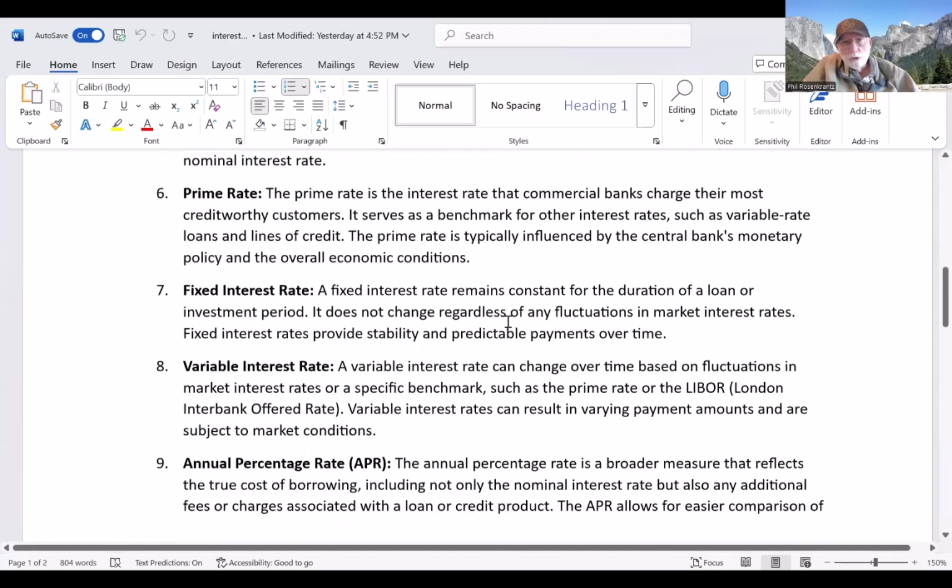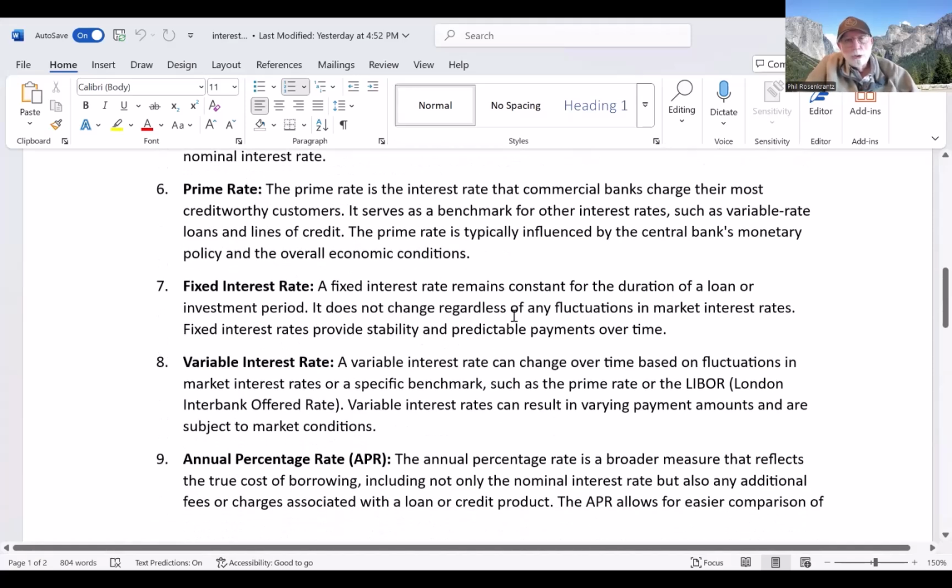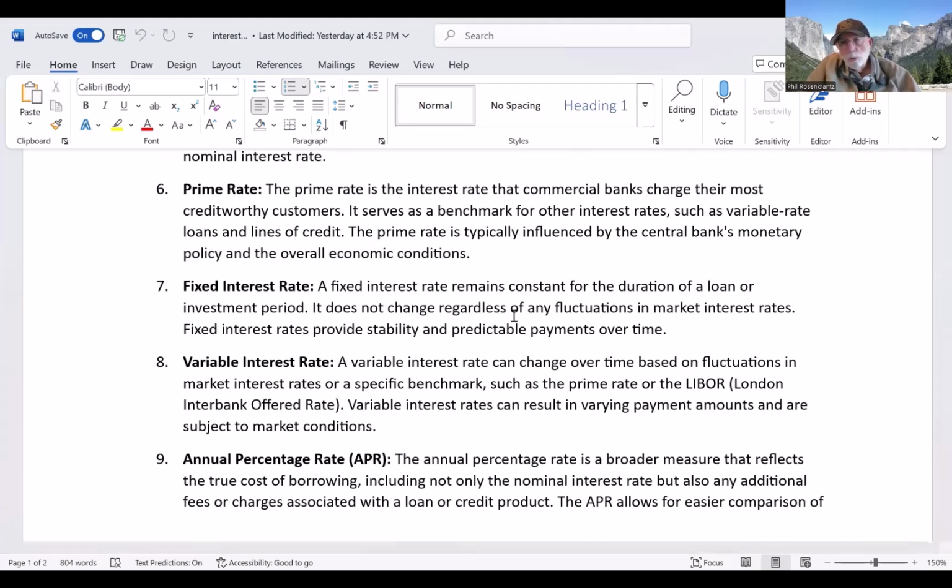The fixed interest rate refers to usually home loans or other loans where the interest rate they're using to calculate your payments is fixed for the entire life of the loan, doesn't change. And that's what most loans are. And I would recommend that you always get a fixed interest rate loan just to protect yourself. Because the next